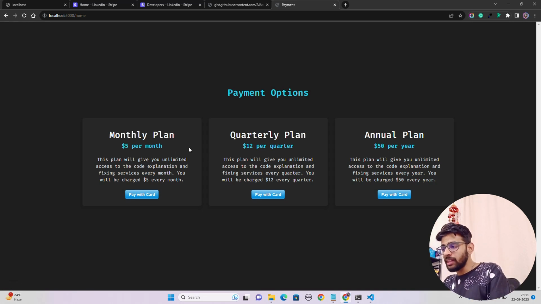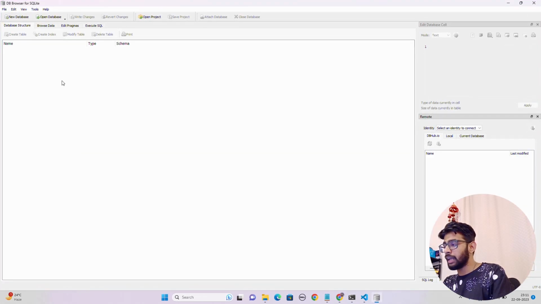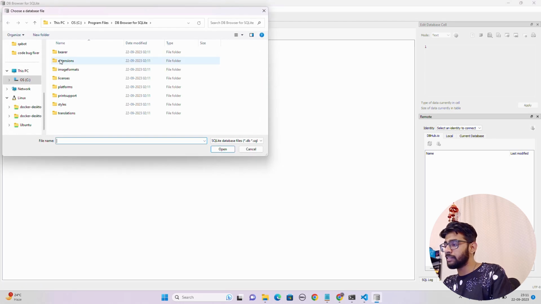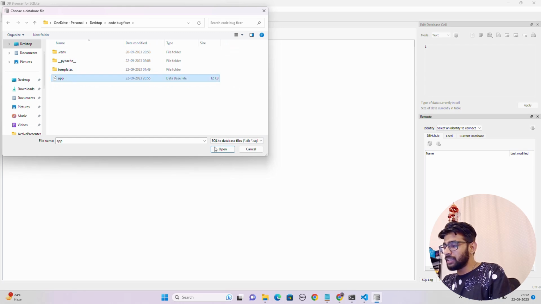Now, here is what I have to do now. Let me show you a trick what we can do now. I don't want to delete the database there. So what I'm going to do is, you can see I have something called DB Browser SQLite. I'm just going to open it and open my database. And here in the database, this is not an ethical way of doing things, but I just want to show you something in the how I can what I can do here now is, okay, I'll just upload this app